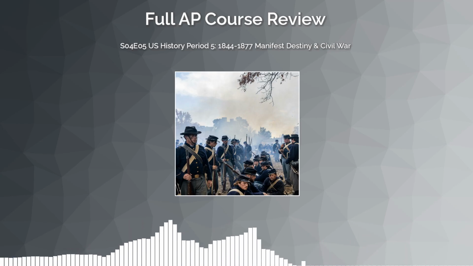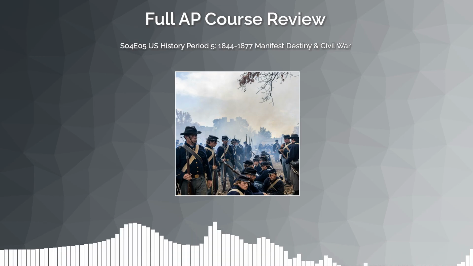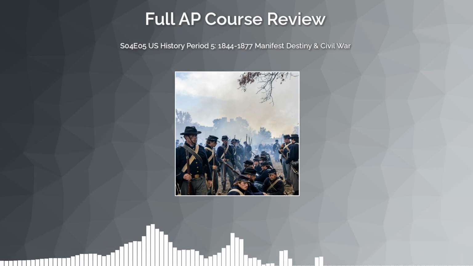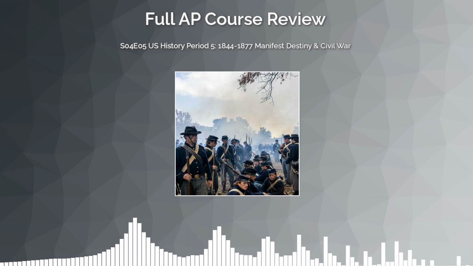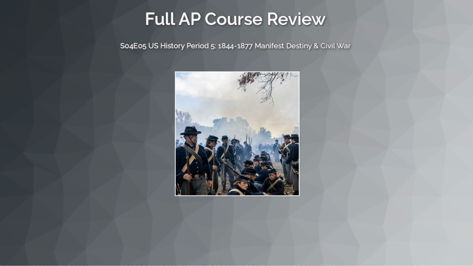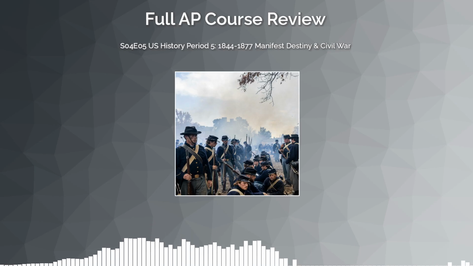The Compromise of 1877 resolved it by awarding Hayes the presidency in exchange for withdrawing the last federal troops from the South. Think of it as the federal government hanging up the "closed for business" sign on Reconstruction. Without those troops, the enforcement mechanisms that had protected black civil and political rights simply evaporated.